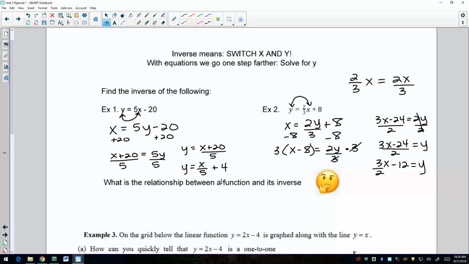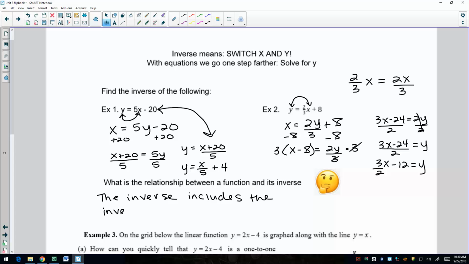It says, what is the relationship between a function and its inverse? Well, if you notice, here's the original, and here is the inverse. The inverse involves the inverse operations of the original. So if you look in the original, you were multiplying by 5 and subtracting 20. Well, look at the inverse. We're dividing by 5 and adding 20. So inverse means opposite. So the inverse, write this down, the inverse includes the inverse operations,